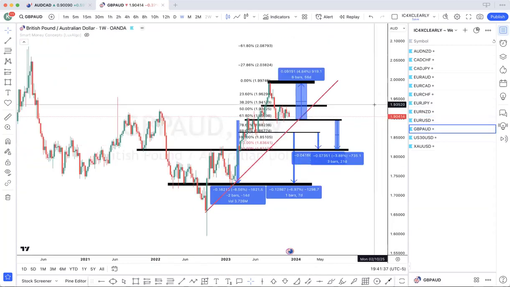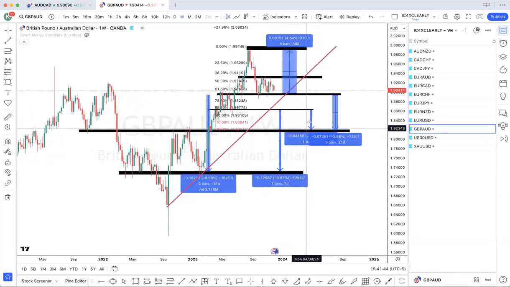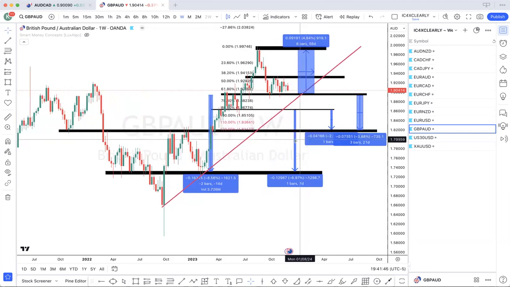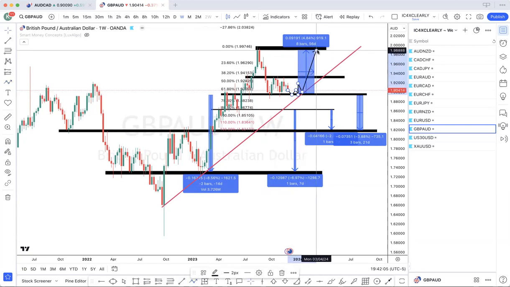GBP AUD. Ooh. So I think I marked this up last week. So we have a bearish order block. So price is either going to respect this bullish order block here, right? So it may respect this bullish order block. We may get some break of structure here, pull back for the continuation of a buy, or